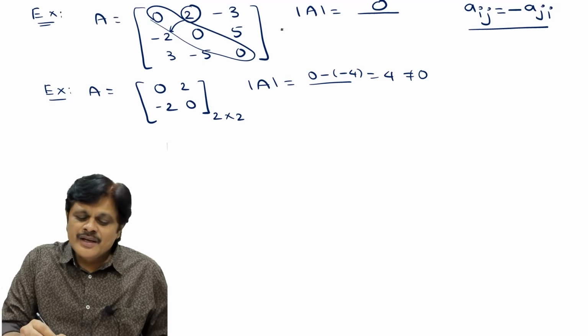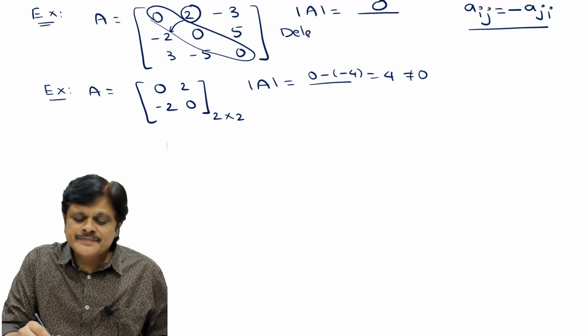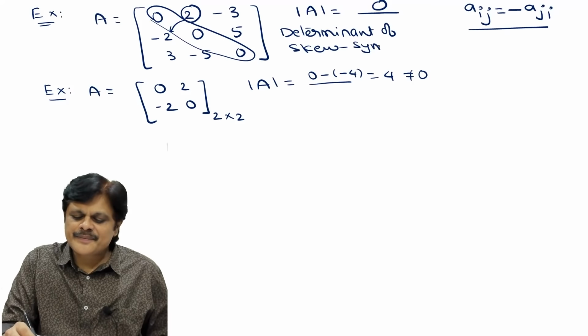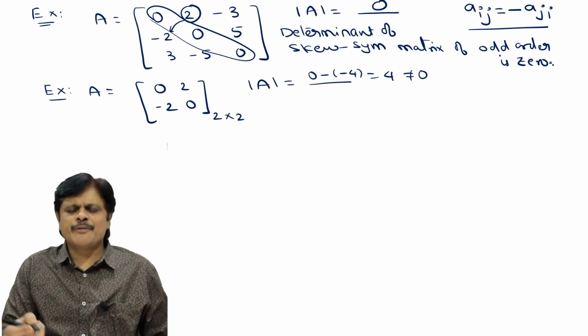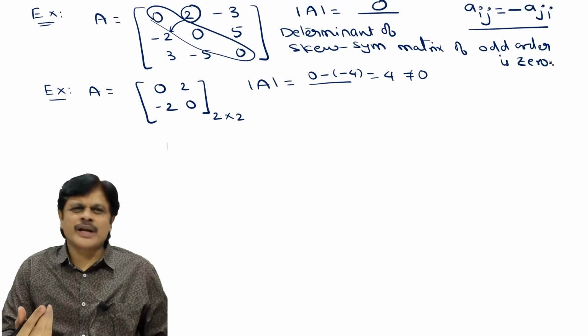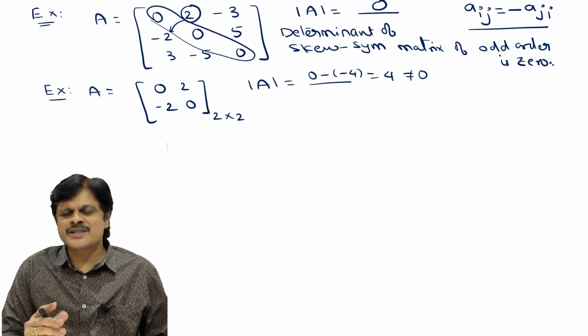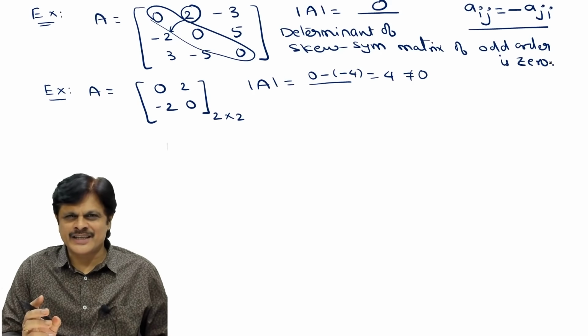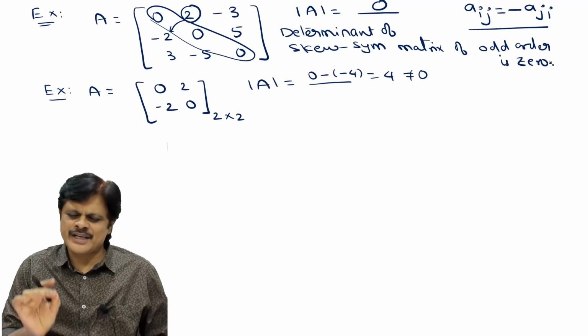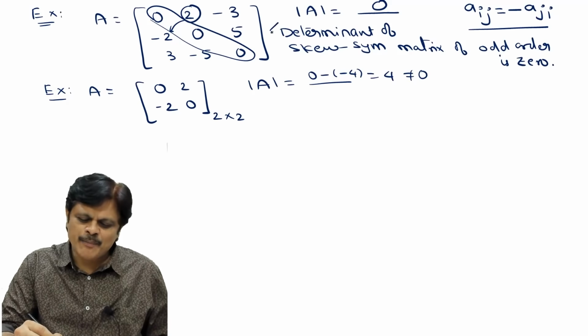That is wrong. Okay, the determinant of a skew symmetric matrix of odd order is 0. See why? You can prove it using determinant properties or eigenvalue properties also. So here I am just giving you the shortcut techniques. I am not giving you the detailed proofs and other ideas, how and all I am not discussing. Simply I am discussing the property. So this is the important property.